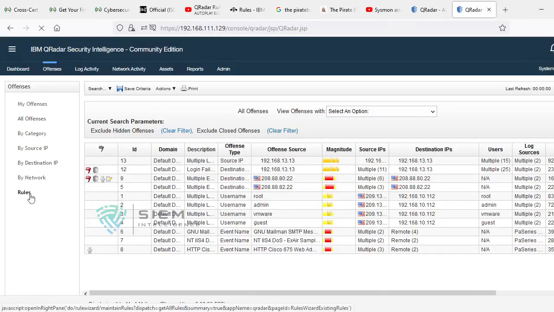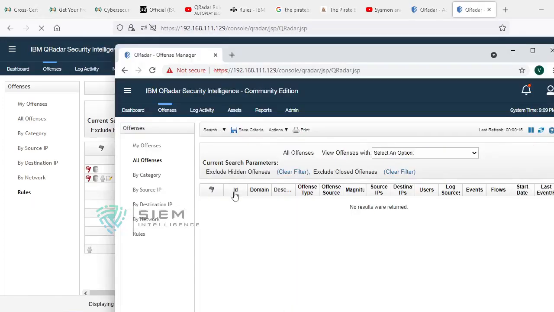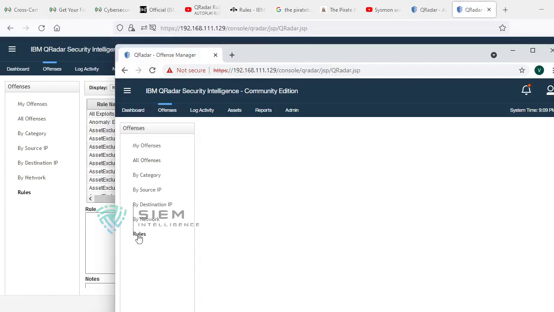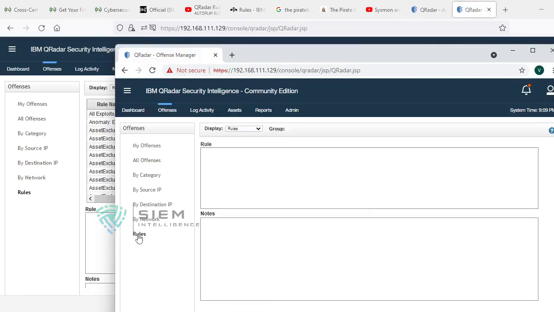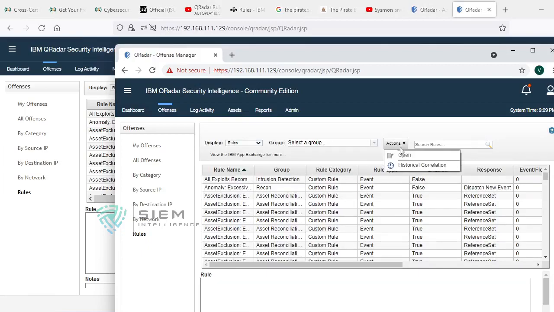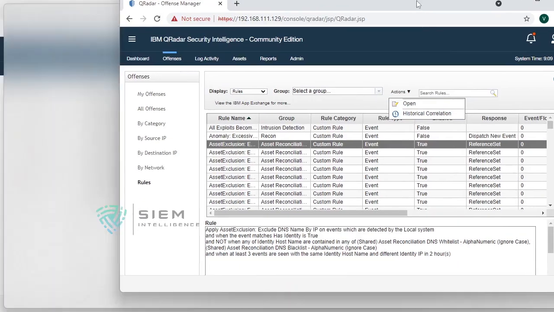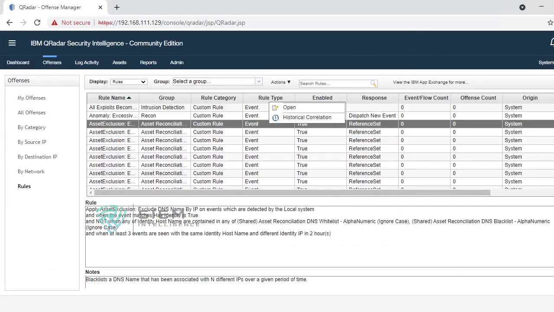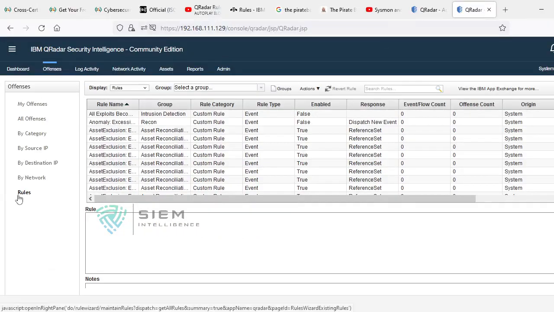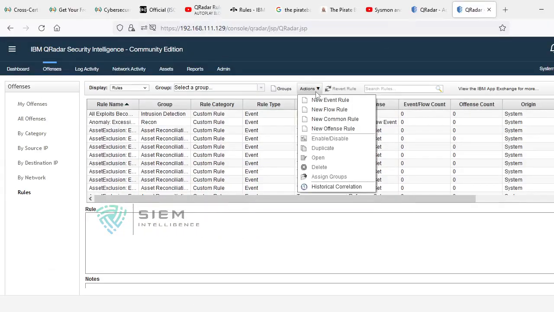Over here there are rules. I'll go here also. See, there is a rule action, but there is no create option. You can only view. But if you go and look in my system, you can do all the new rules and everything. Here there is no such option. You can see all the rules, though. That is the first difference you come to know.